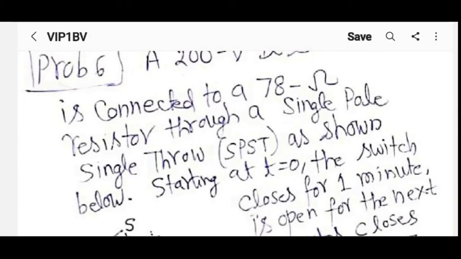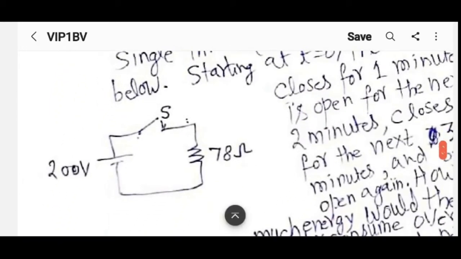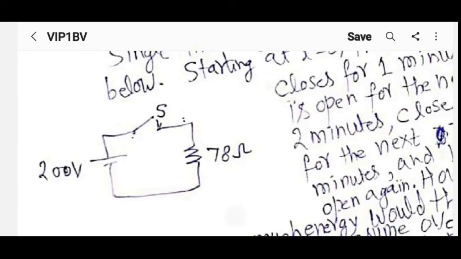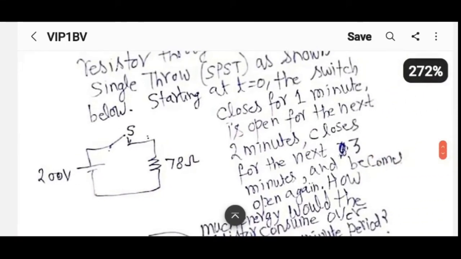Switch is something we will be talking a lot about later in the course, but the single pole, single throw switch is what you see around you all the time. When you turn on the ceiling fan, you push a button. That's a single pole, single throw switch. That means either it allows the current to go through or it doesn't. Only two possibilities. It's either open or closed. Only single throw is possible to close the switch.